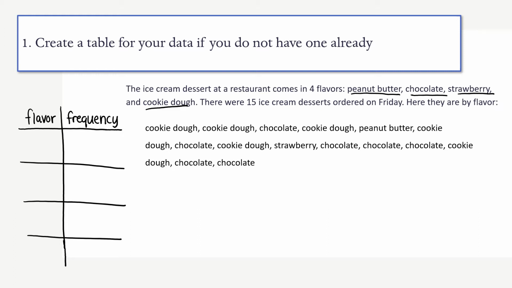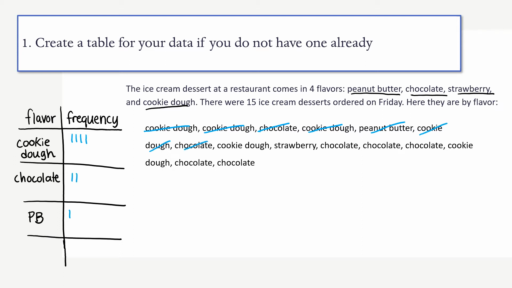So let's see. I'm just going to start going through this list now. So we have cookie dough as the first one in this list of orders. And I'm going to start by making some tallies. So there's 1 cookie dough, 2 cookie dough, and then I see chocolate ice cream. So we have 1 chocolate. Then we have another cookie dough. Then we also have peanut butter, which I will abbreviate to PB for now. So we have 1 peanut butter, another cookie dough,